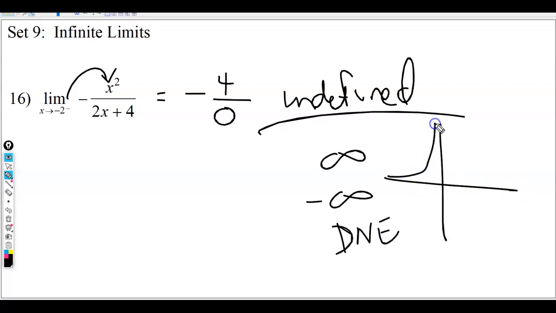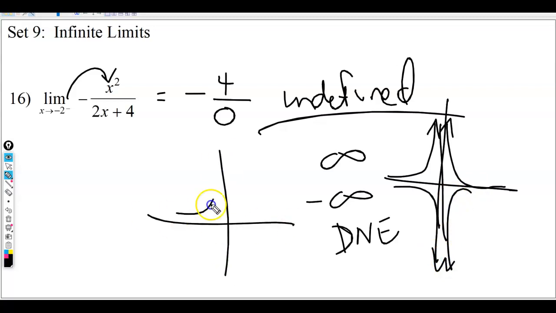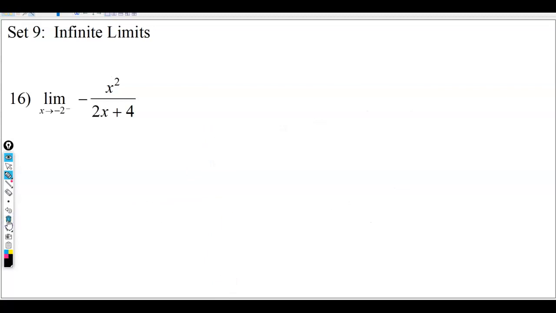In this case, if you have both sides going up as you approach this line, that's infinity. If you have both sides going down as you approach that asymptote, it's negative infinity. But if you have one side going up and one side going down, that would be does not exist. So in this case, even though the limit is undefined, we want to be sure about what kind of undefinition it